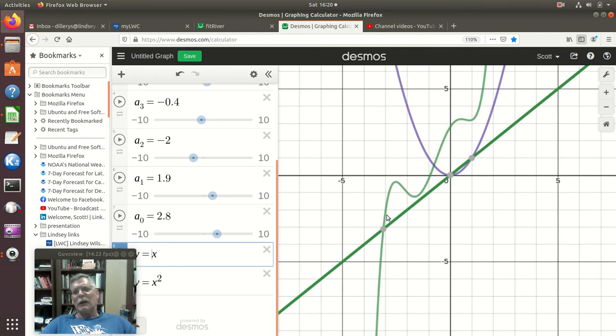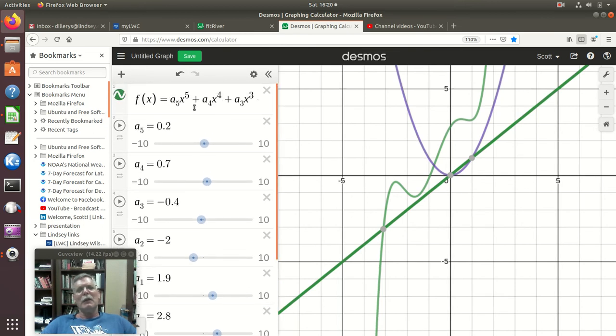Okay, so if you can remember what y equal x does, then you sort of know what y equal x cubed, y equal x to the 5th, y equal x to the 7th, y equal x to the 9th, y equal x to the 11th. I'll stop on that now. But all those odd powered functions, and that also means the degree. Okay, so the degree, if the degree is odd, so the leading